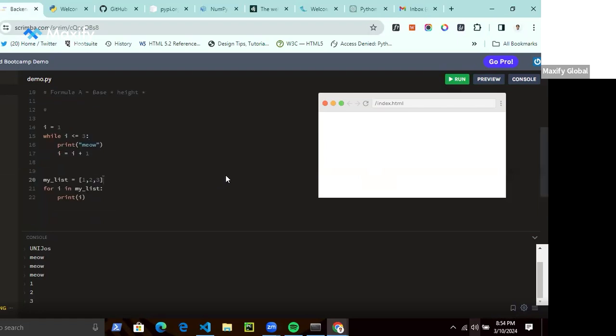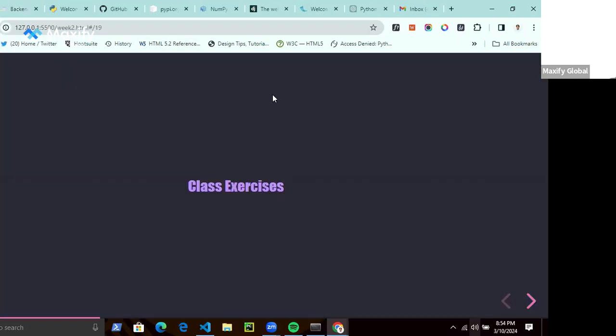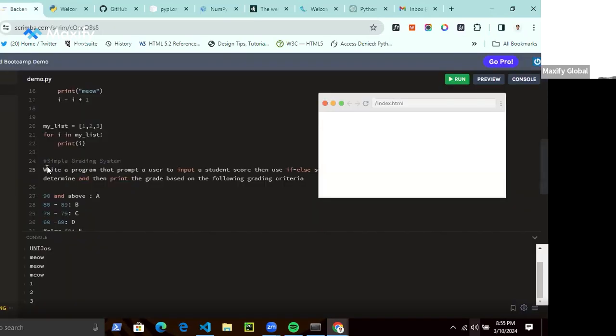It's going to be a simple grading system. We're going to write a program that prompts a user to input a student's score, then use if and else statements to determine and print the grade. So this is the question.